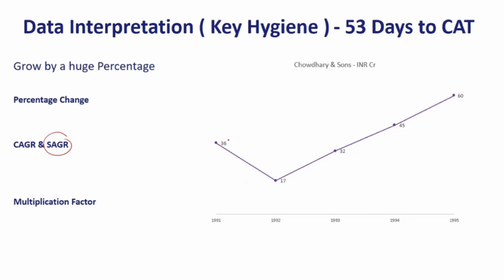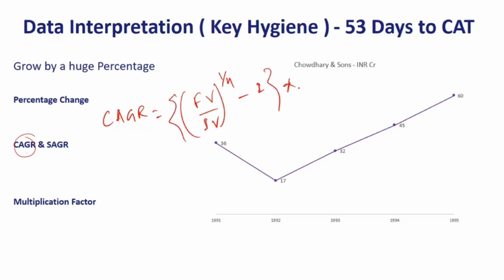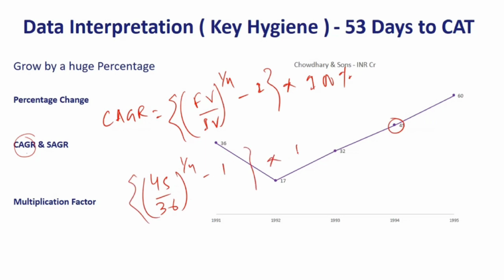So from 91 to 94, there is a growth of 25% and there are 3 years. So therefore, simple annual growth rate is nothing but 25 upon 3, which is 8.33%. In case of CAGR, it is given as final value upon initial value raised to the power 1 by n minus 1 into percentage into 100%. So in this case, let's say this is 45 and this is 36 raised to the power 1 by n minus 1 into 100%. 45 upon 36, this is 5, this is 4, this is 1.25